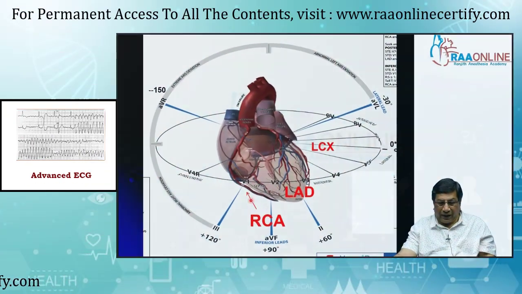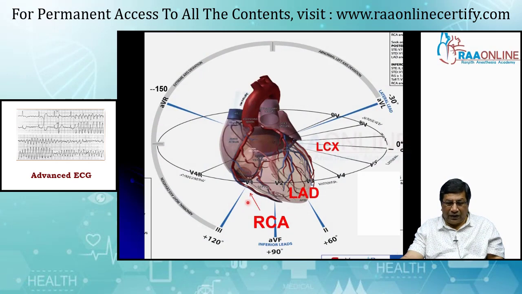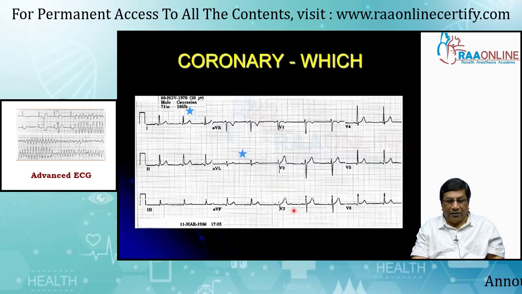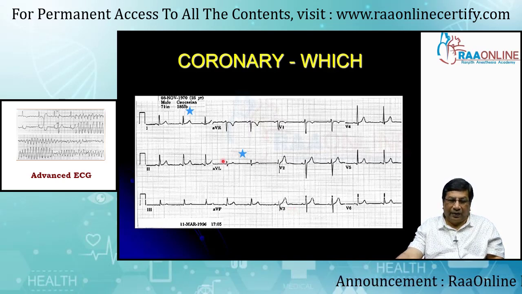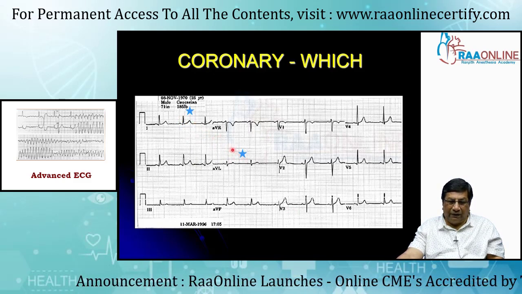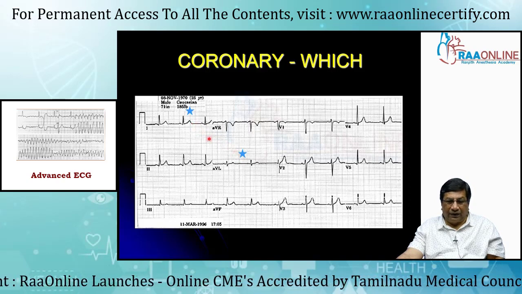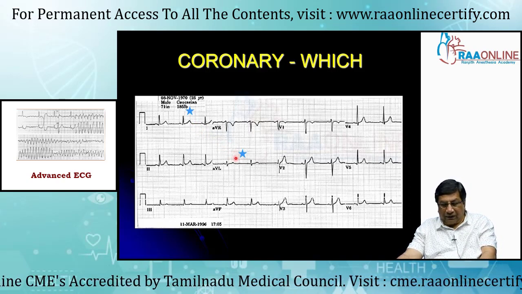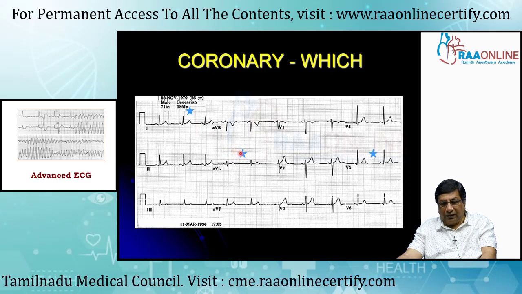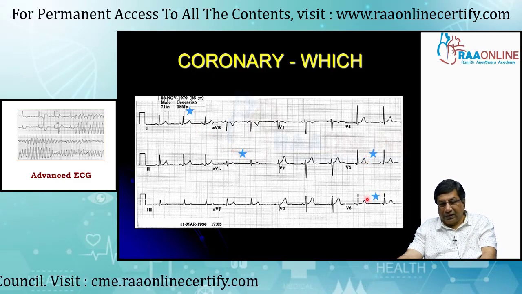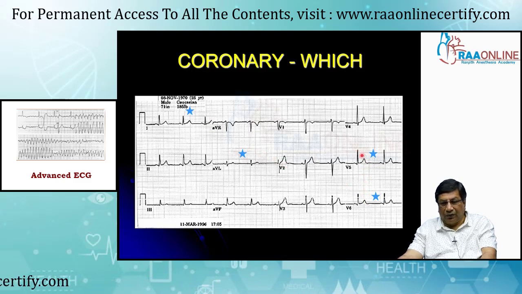By looking at the group of leads, you not only know which surface you are looking at, you also know which coronary artery is supplying this surface. So this is how you must see the ECG to locate the coronary artery. For example, when I look at L1, you must also look at AVL, because L1 and AVL represent the high left lateral surface supplied by the left circumflex artery. Along with L1 and AVL, you must also look at V5 and V6, which is the anterolateral wall, which is supplied by the circumflex. So all the 4 leads should be looked at together.